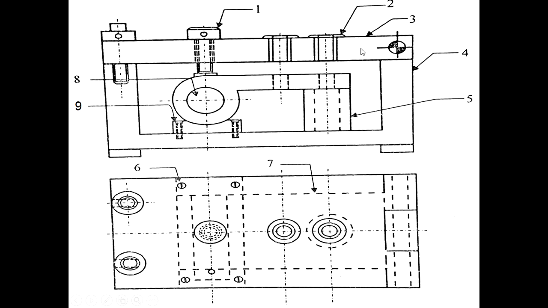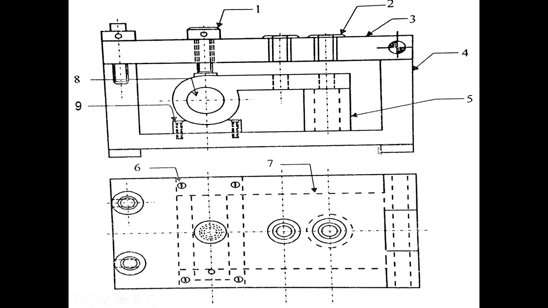Then this number 3 is your jig plate. Okay, number 3 is the jig plate, and this is the clamping bolt we are using. So this jig plate is clamped to the jig body by using this dowel pin and the bolt. Okay, and number 2 represents the bush. What is the purpose of the bush? The bush is used for guiding the tool. So here we are providing 2 bushes to drill the two holes of 10 mm diameter. So the first hole and second hole can be drilled, and the tool can be guided accordingly into the workpiece. So this is how we can design a simple jig for this component.